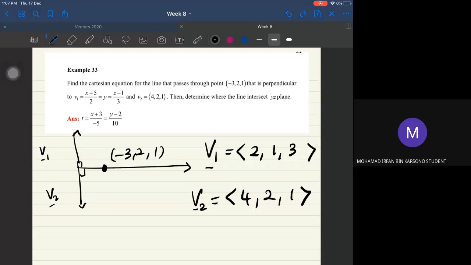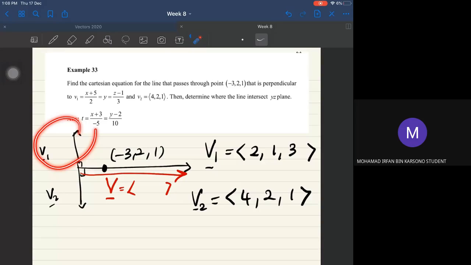Normal vector ataupun normal vector is a vector lah kan. So normal vector tu mesti kat arah atas ni kan. So this vector nanti yang kita akan guna, saya namakan dia sebagai V besar. Okay, this vector ni yang kita akan guna untuk cari the equation of this line. Kita tak boleh pakai vector ni, kita tak boleh pakai vector ni. Sebab these two vector is not parallel to